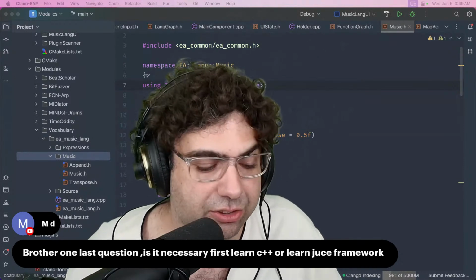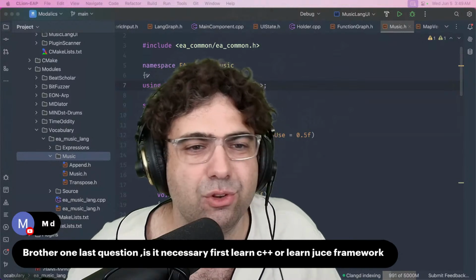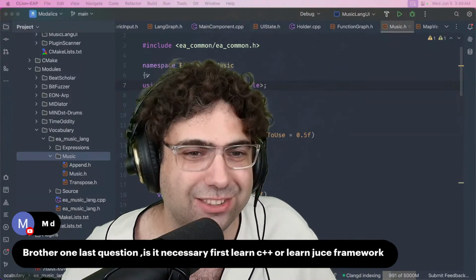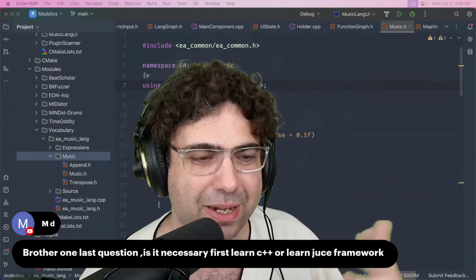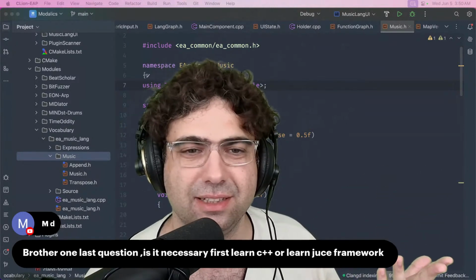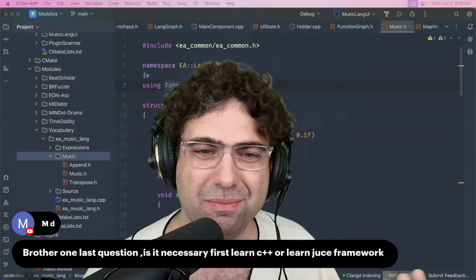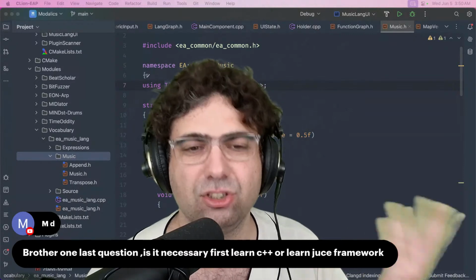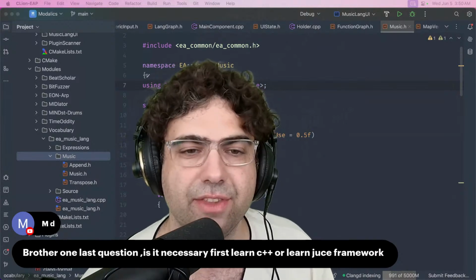There are a few other languages that you could be using, like Rust or something. But even if you write your code in Rust, you still have to learn C++ because everybody else's code is going to be in C++. Let's say that you want to learn some algorithm. It's very likely that it's going to be in some library in C++ or C. So you've got to learn that.